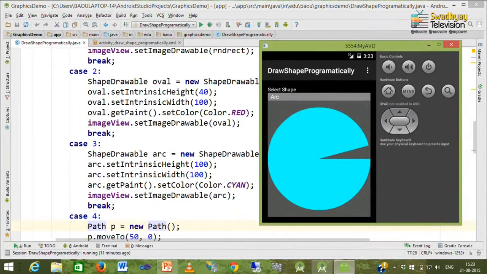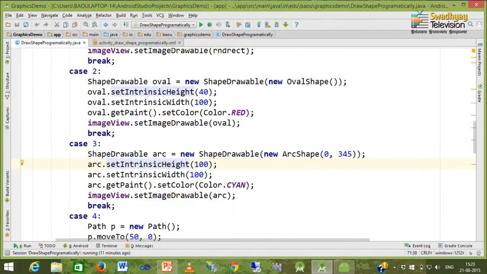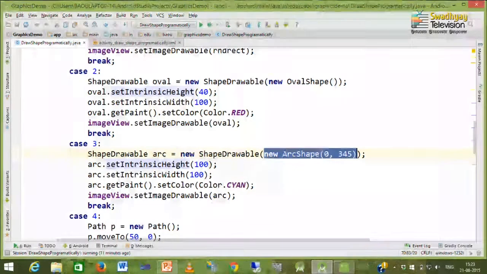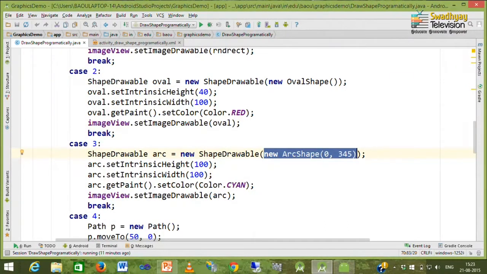I want to draw these arc which is ranging from 0 to 345 degree and with color cyan. So, here I create shape drawable object, and inside it I create arc shape object instance, and these 0, 345 first two argument specifies start angle and end angle.